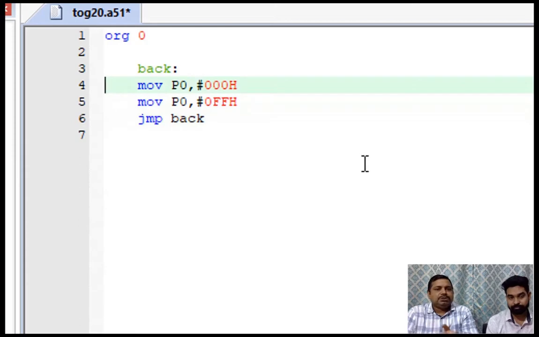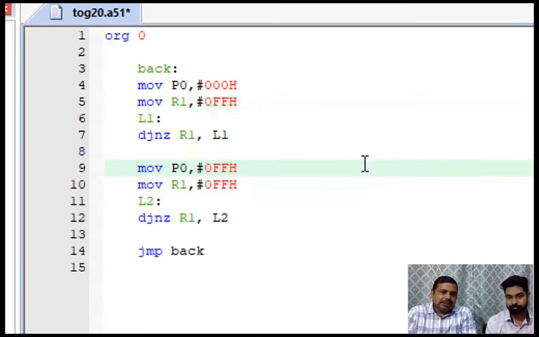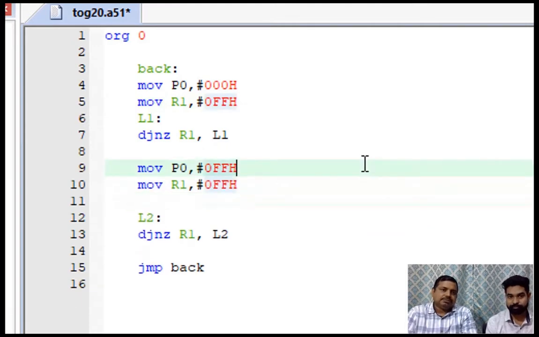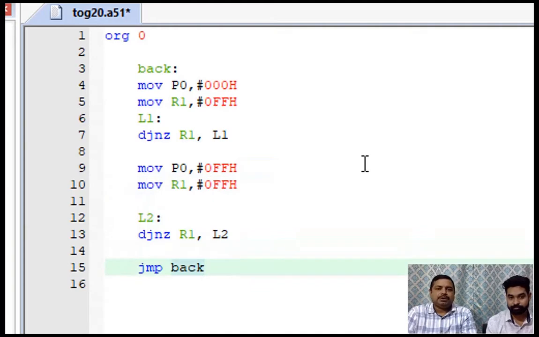That was our previous program where we were just toggling the port. Now we are doing the same thing, but with delay. So we introduced two delays here, one delay and another delay, and then we jump back. So this is our program.